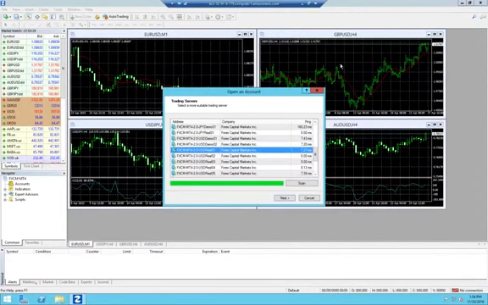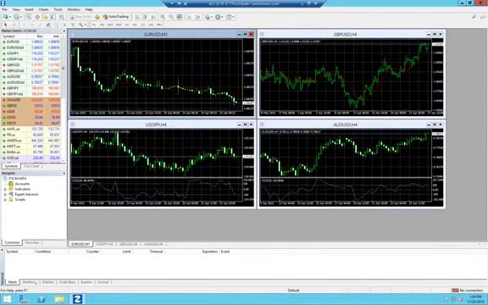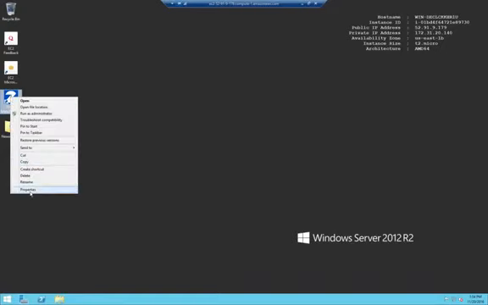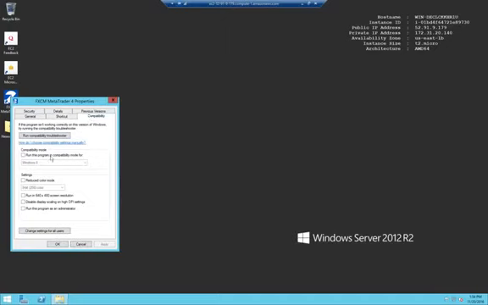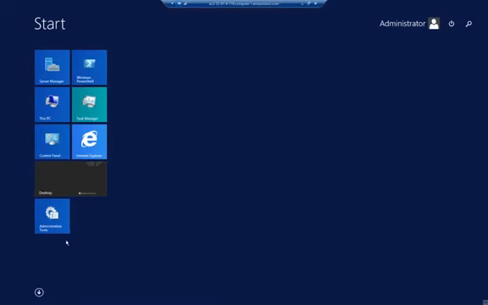Okay, so let's cancel. I just wanted to see that. And let's exit and exit. Let's make sure, though, we right click, go to properties, go to compatibility, and we want to run this program as administrator, apply, and OK. Now that you're set up, guys, that was it. I'm going to go ahead and close this. But if you have any question, oh, remember, you always hit the X to close. Never do this. Start, and then the power button.